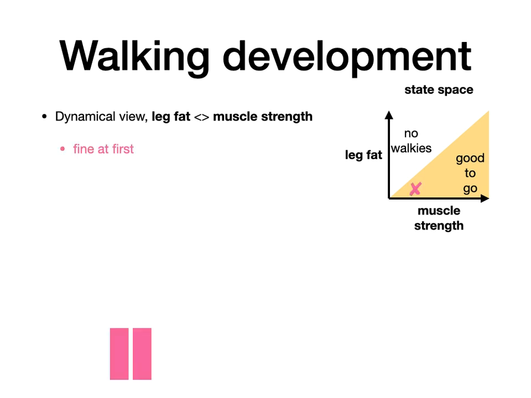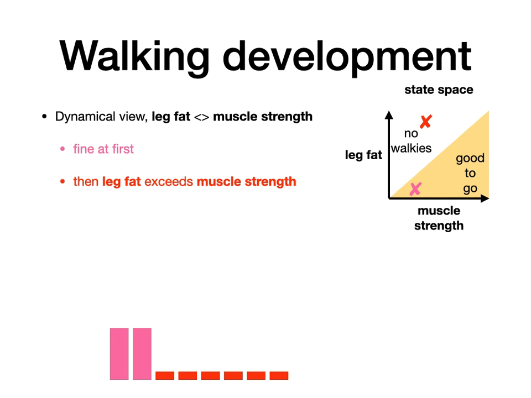At first, they're fine because a baby's born, they don't have a whole lot of fat on them. But then soon, babies just start drinking milk or formula or whatever, and they just grow, right? And they're growing a lot more fat than they are growing muscle strength. So you see their trajectory moves up. They're now in the no walkies part of the state space. And then from there,